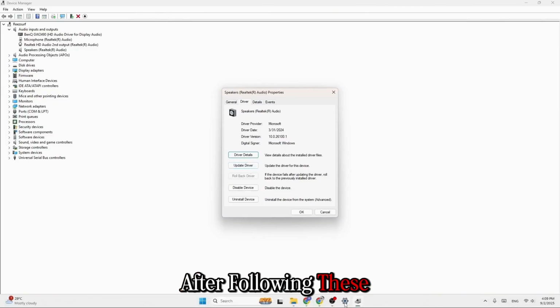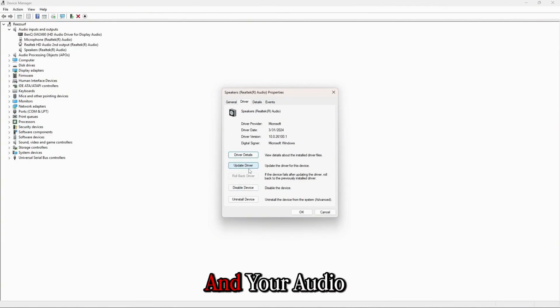And that's it. After following these steps, your Roblox sound driver issue should be fixed and your audio should work